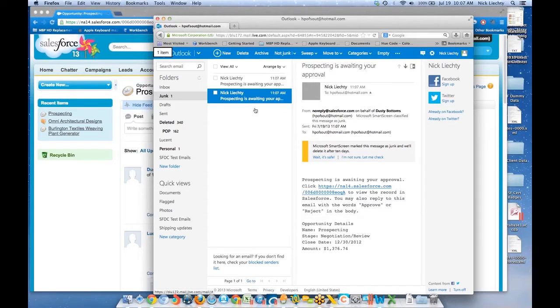So we've got an email that says prospecting, the name of the opportunity is waiting for approval. It gives us some information about it. Stage is negotiation review. Close date is 12/30/12. Amount is $13.76. So there are a couple of ways that we can approve this. One of the ways is that we can just reply to this email, and in that reply we can